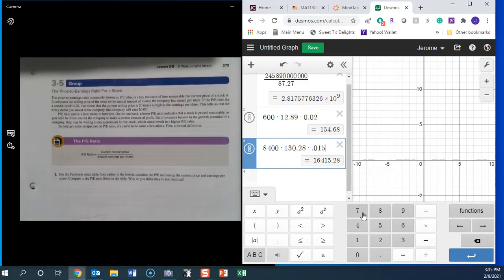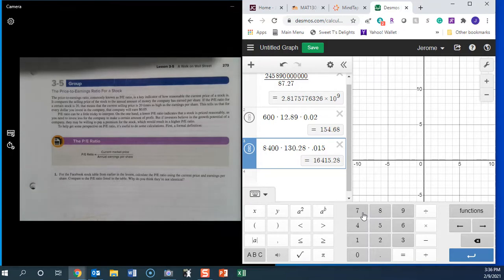Price over earnings ratio can be a little tricky to interpret. On the one hand, a lower price over earnings ratio indicates that a stock is priced reasonably, as you need to invest less for the company to make a certain amount of profit. But if investors believe in the growth potential of a company, they may be willing to pay a premium for the stock, which will result in a higher price over earnings ratio. To help get some perspective on price over earnings ratio, it's useful to do some calculation. First, a formal definition. All right, now, so price over earnings ratio is the current market price divided by annual